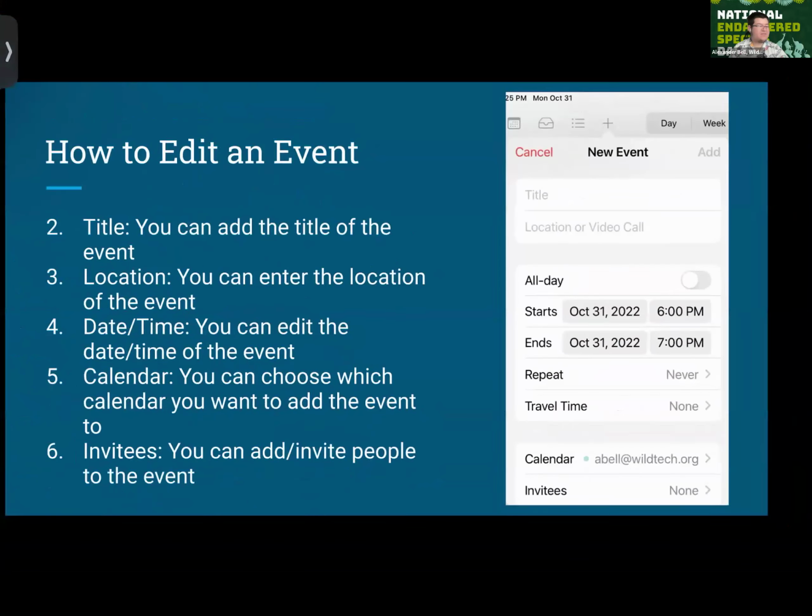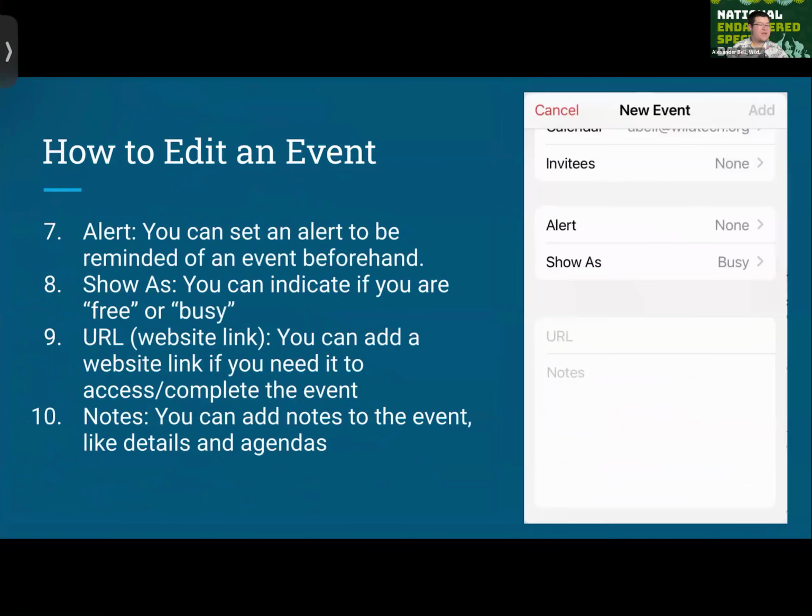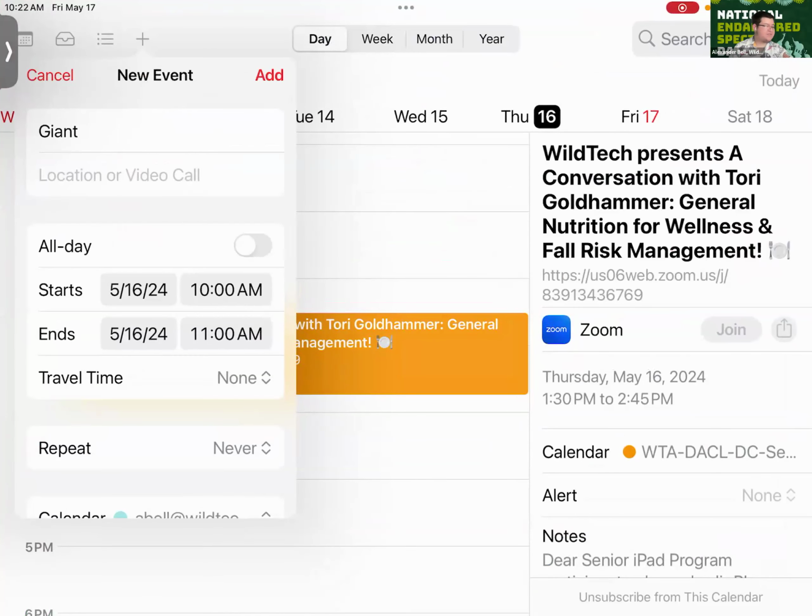Again, travel time. You can adjust the calendar, which calendar you want to add the event to. Invitees, you can add or invite people to the event, which I think is pretty neat as well. Okay, so if I go back to my calendar app, so Giant, let's say it's going to the one on